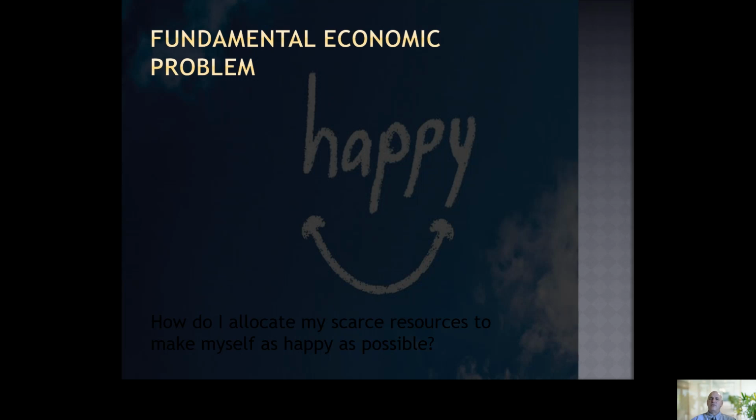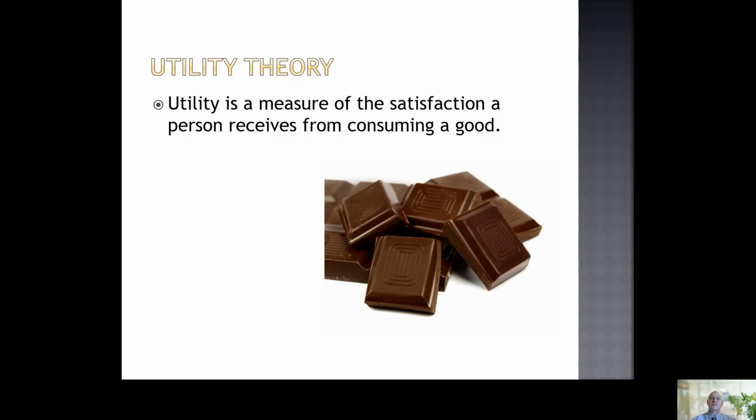And if we think about it, we don't want to make choices that make us worse off. We want to make choices that make us better off. So economists have come up with this idea, what's called utility. Utility is essentially a measure of our level of satisfaction from consuming a good or a service. It's not something that you'll ever see written down on a price tag. The idea ought to be there, however, when you make your decisions about your purchases.